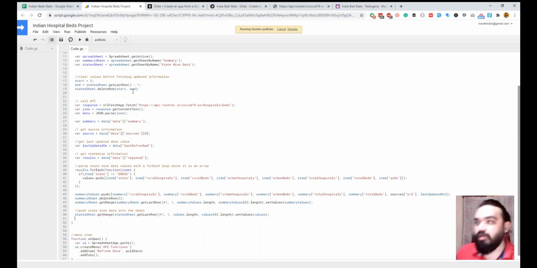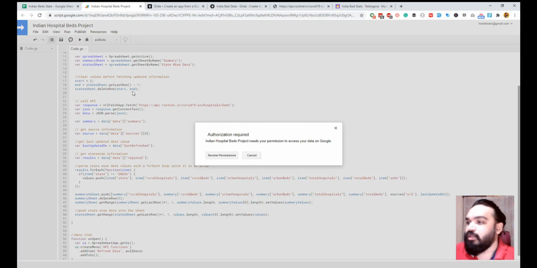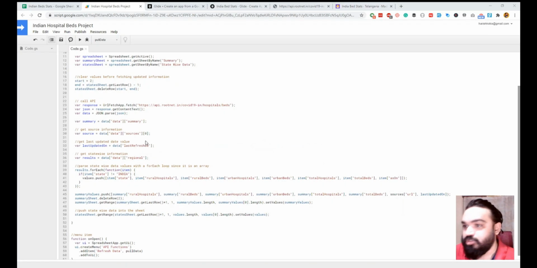If we have done all right, yep, it'll ask for permissions. Make sure you give the necessary permissions. It'll ask you to log in if you haven't logged in already. I am logging in on my Gmail where the sheet is sitting in, so that this app script has the access to the sheet. So just a second. Yep, once it is done, you will see running pull function pull data.